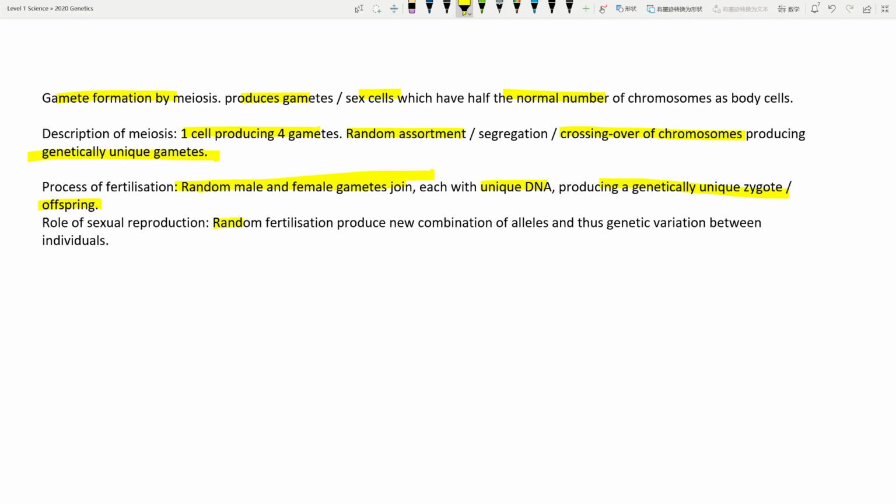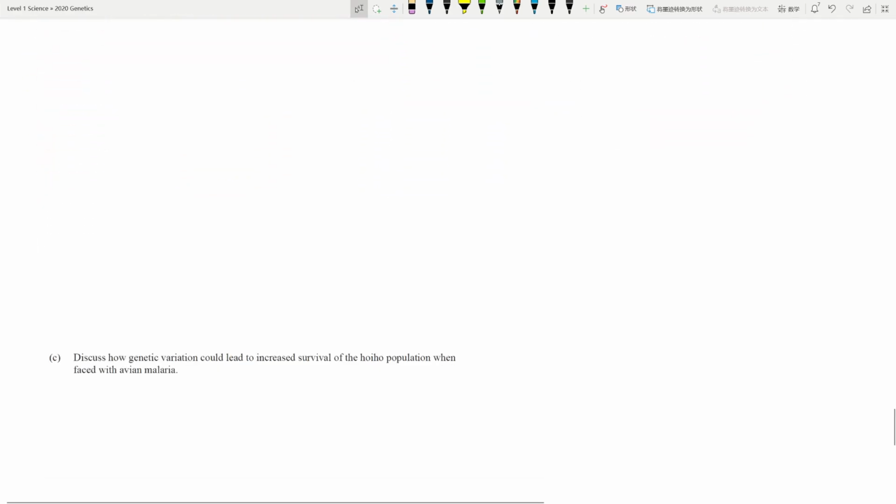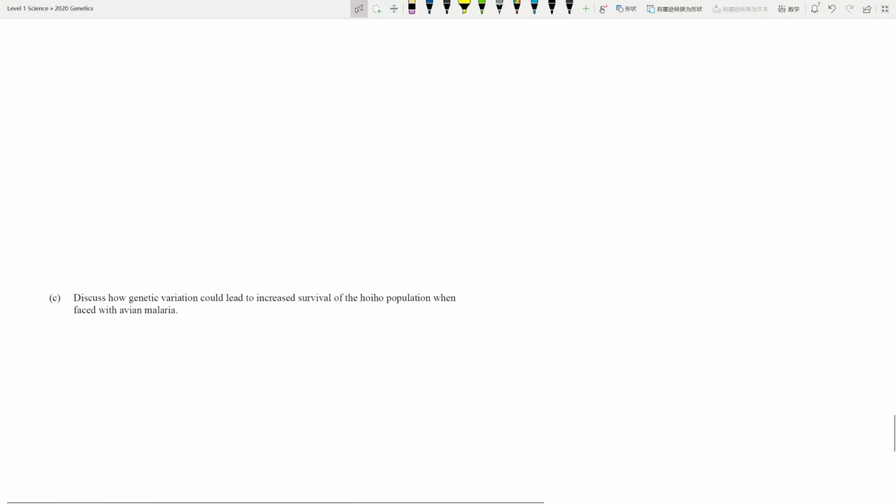Okay, and just the last bit. First, your oral sexual reproduction: random combination of alleles producing unique offspring. And the last one, before I even read it, I can tell you what the benefit of sexual reproduction is. There you go, having variation. Well, how does variation lead to increased survival? So it's all about